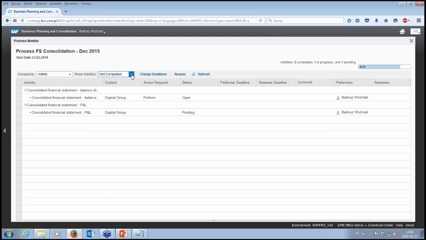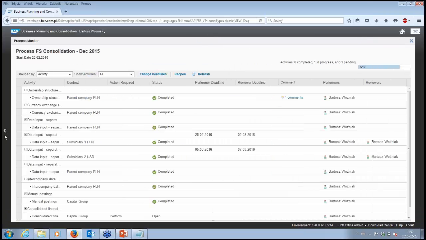And if there are some delays, I can also list all tasks requiring action. So assume there is some delay, and I can find who is responsible for it. So this is very helpful.